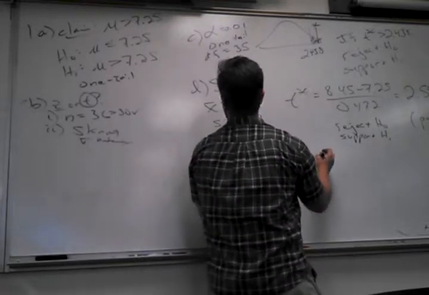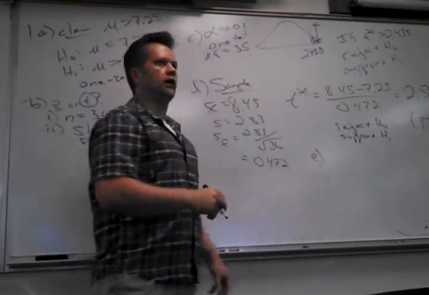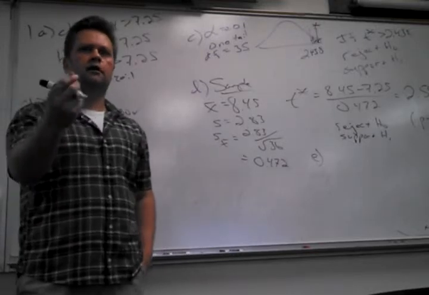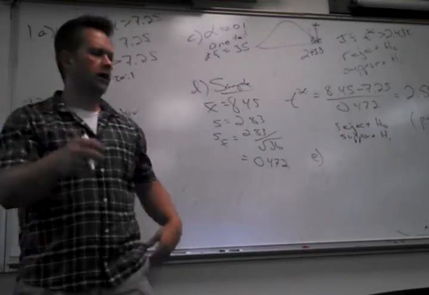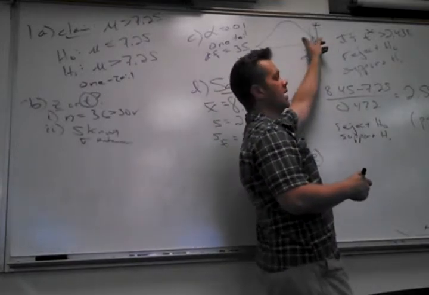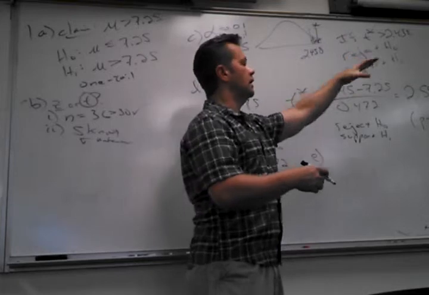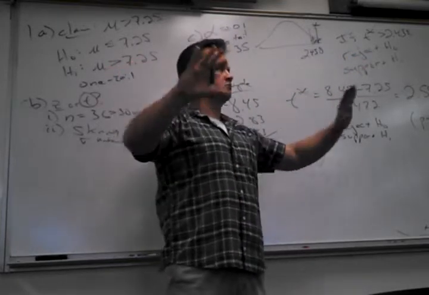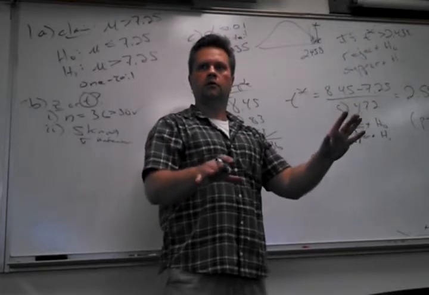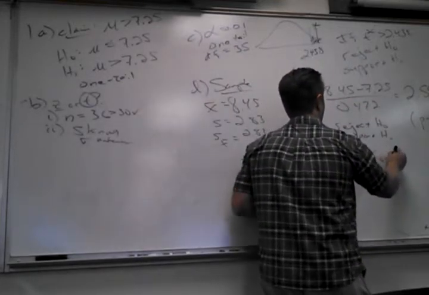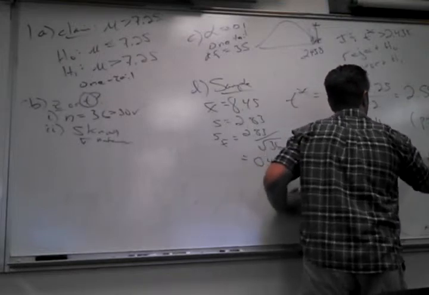So now the final step is to write the conclusion. Did we find evidence? Yes. When would we not have found evidence? If it was back here, if it wasn't in the region. If it's in there, we have found evidence. If it's not in there, we haven't found evidence. We can't say anybody's right or wrong. So here we found it. We have found sufficient evidence